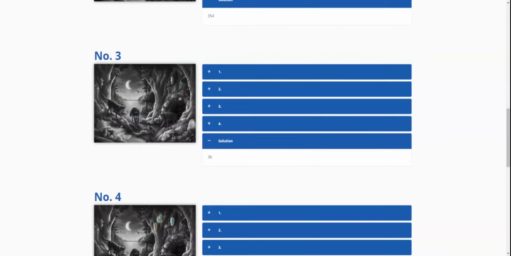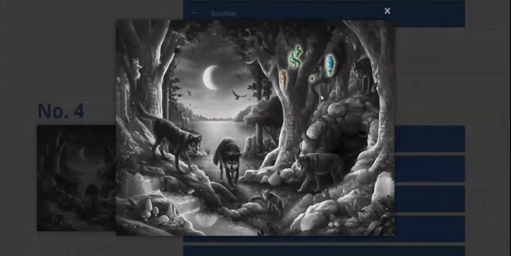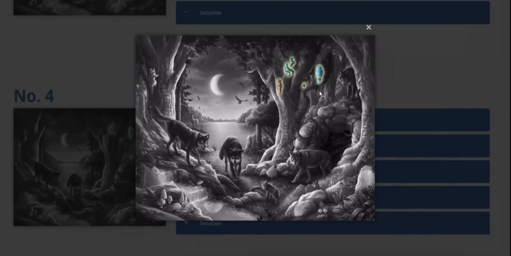For number 4, as you can see, highlighted are the different animals. The owl, earlier I said bird for some reason. It's an owl. The spider, the snake, and the squirrel. The raccoon is not important yet. So the first step,